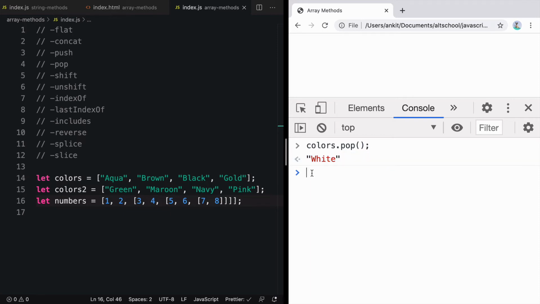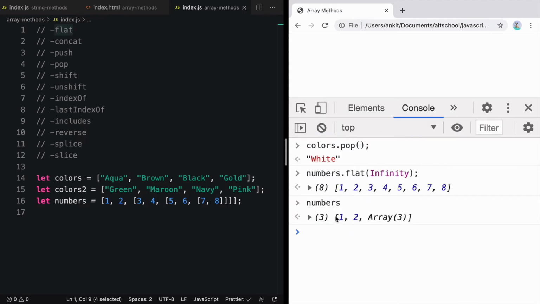So let's see what happened when we used flat. We said numbers.flat(Infinity). Now if you look at numbers, you will see the original array did not get mutated. It means the original array did not get changed. Let's look at colors. Colors has 4 elements right now.